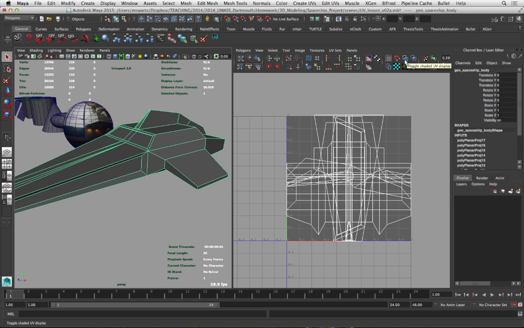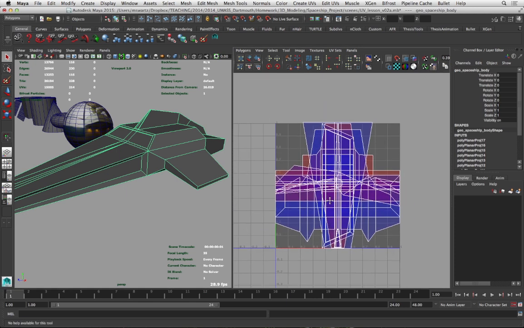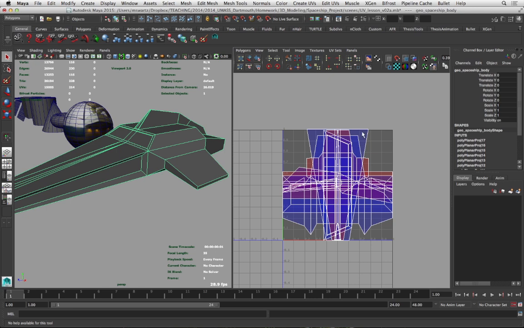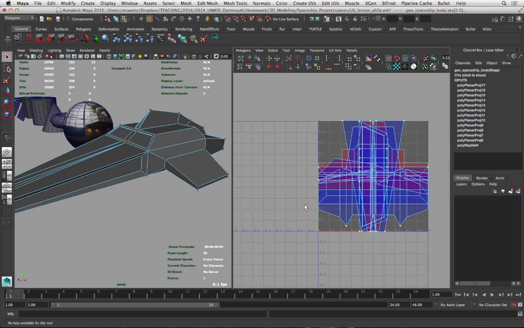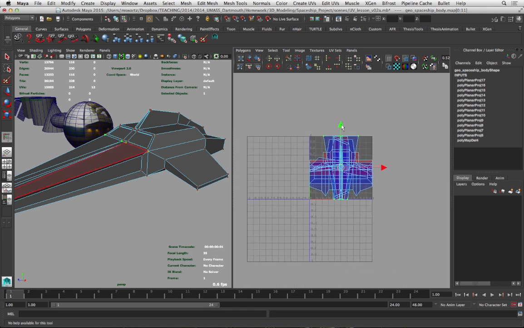So right here, this toggle shaded UV display, I'm going to turn that on, and it will show me which faces are flipped, which UVs are flipped rather. So I'm going to select this shell, command right click to shell, and we'll just move that down, and I'm going to select that one UV, hit the G key to repeat the to shell operation, and move that up,